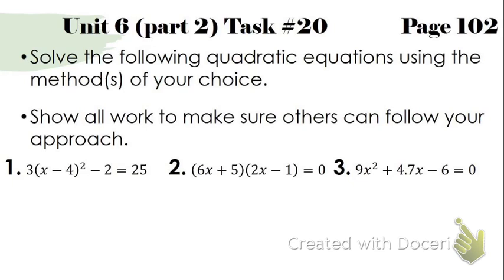There's 1 variable. First one, I have an x in just one spot. Second one, I have 2 x's, but it's still just x. It's not x and y. So I'm solving for x. Each of these, I want to find out what value for x would give me the number on the other